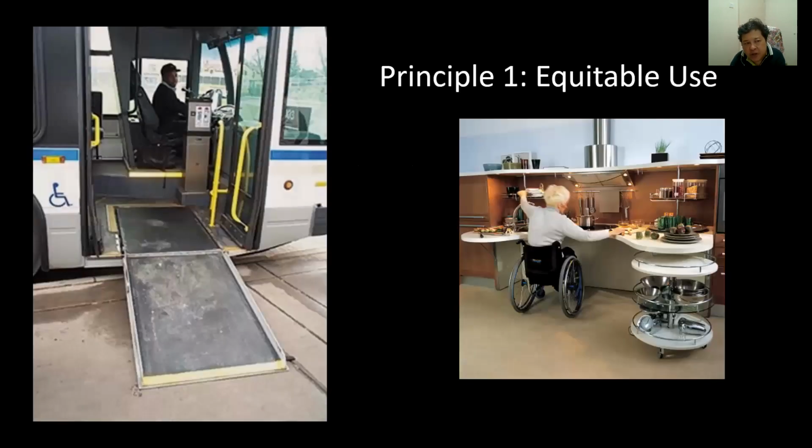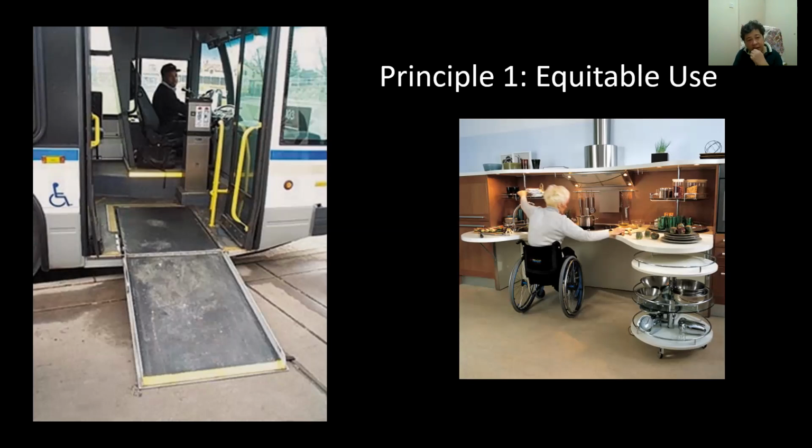So, much of the access into the bus in my country is through the middle door, not the front door. And I've alighted from a few buses in Europe as well, where I had to go through the middle door. But the most equitable use is where I can access in front, because I had problems before where it's not universally designed. People thought I was not going to pay when I used the middle door, because I didn't know how to use the system. So I would want to pay.